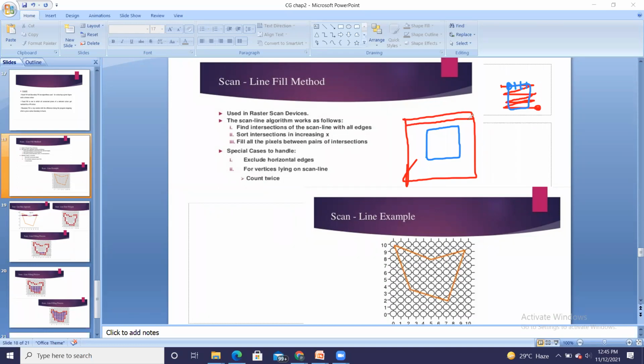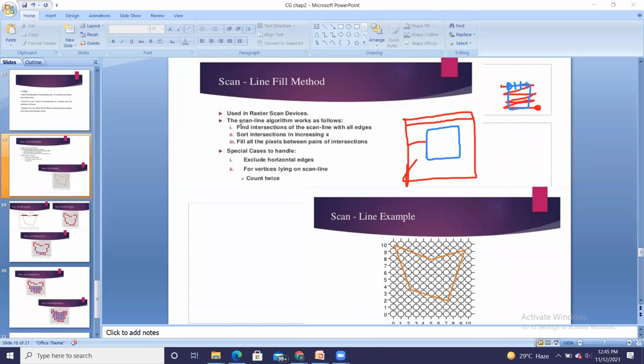So it will be as it is. In the next scan line, we will consider this one, middle one. Till the intersection with the boundary, there is no object present, right? So all pixels on this short line will be of background color.